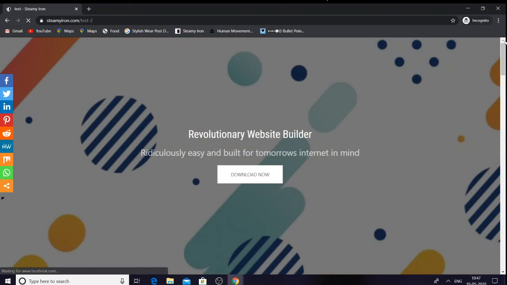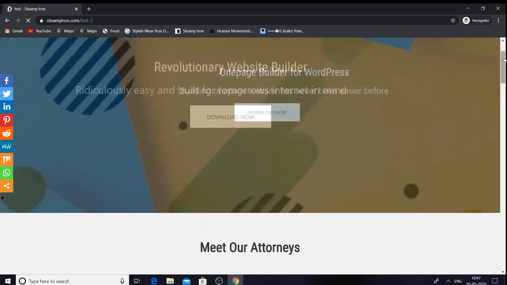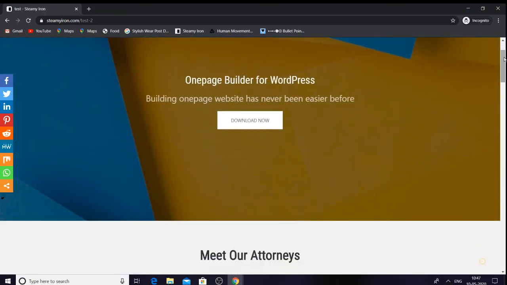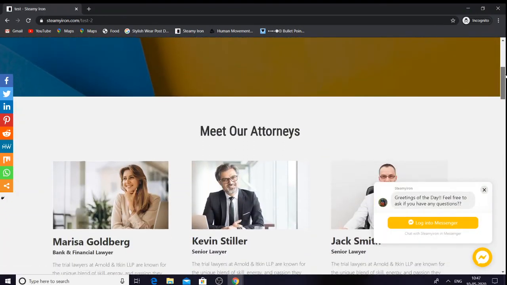So it has almost finished uploading. Here we can see, here is my slider. I can add two images, two buttons, some text.